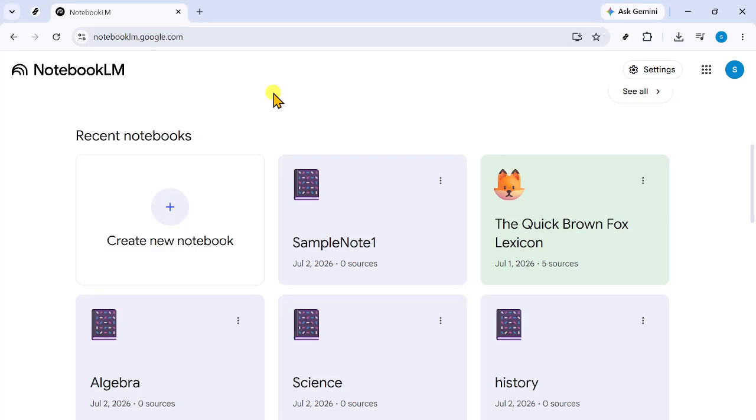Hello, today we will guide you through how to copy a notebook in NotebookLM. To begin, open NotebookLM in your web browser. This process is helpful to understand because NotebookLM does not currently offer a built-in feature for duplicating an entire notebook